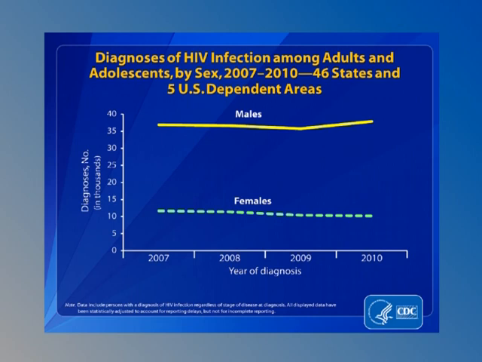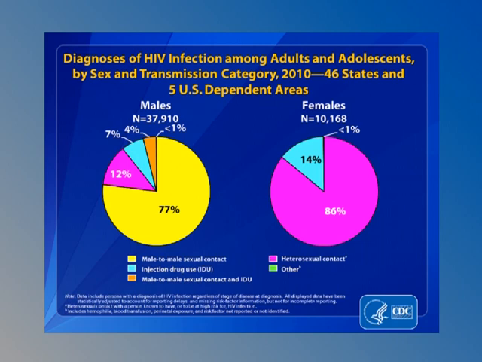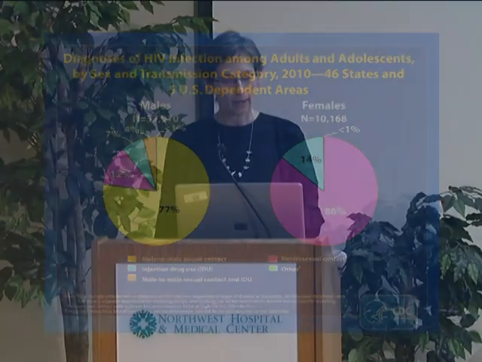So there's a distinction between just being diagnosed with HIV and AIDS. And this is over time, just to show you the proportion who's getting it. More males than females. I don't know why in 2009 there's an uptick of the males, but there is. This is just one point in time, instead of those 4 years, in 2010. I'm showing you the gender distribution, and you can see males 37,000, females 10,000, and also how